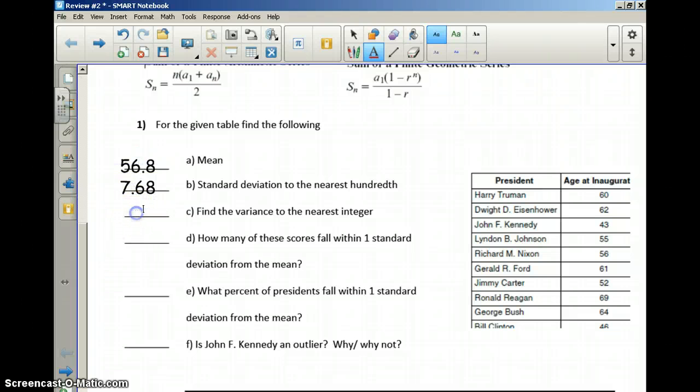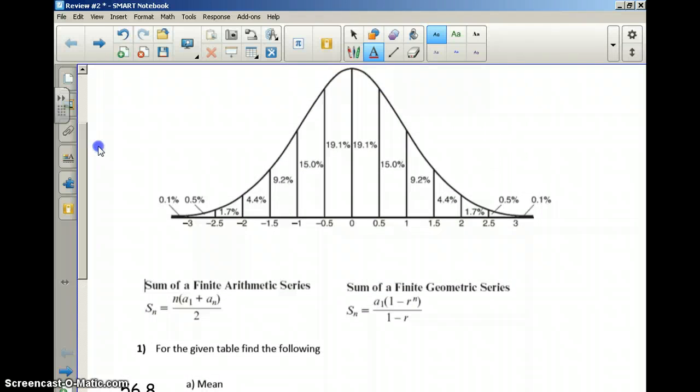Now, to get to the variance, remember, standard deviation is the square root of the variance, so the variance is the square of the standard deviation. So when I square 7.68, I get 59 to the nearest integer. Now, here's where I'm going to need to go up to my normal curve. When my average is at 56.8, and my standard deviation is 7.68, I find that